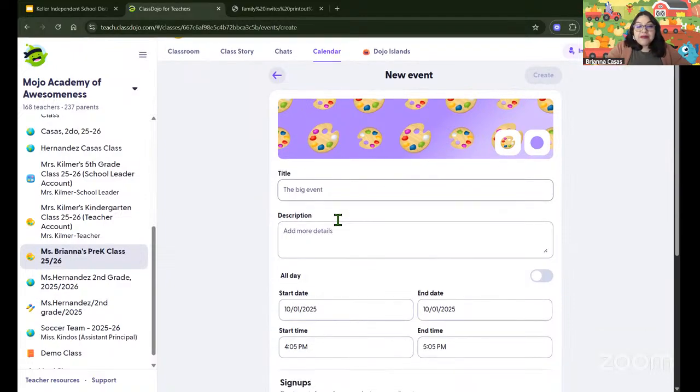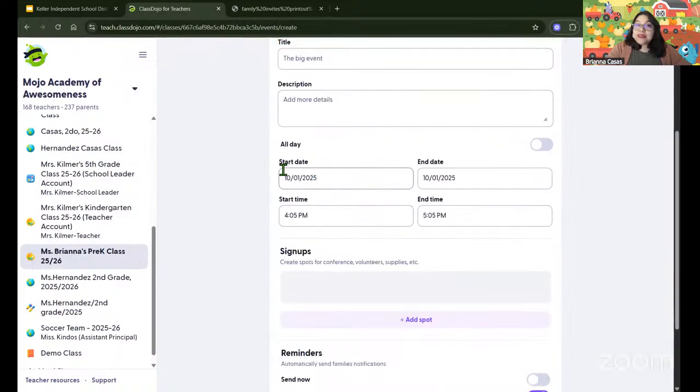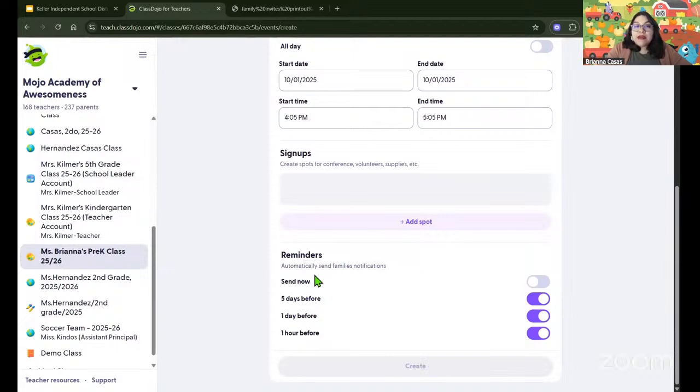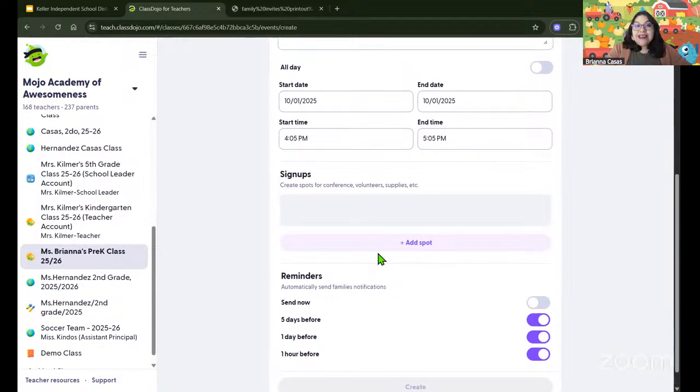You could title it, put your description, the date, the time, or is this happening all day? And you could also set different reminders of when your parents get notified. The day of, 5 days, 1 day, or an hour before. And then one new feature we do have is sign up. So this is very new. You could go ahead and click on